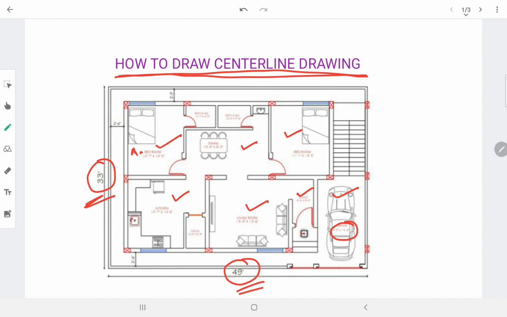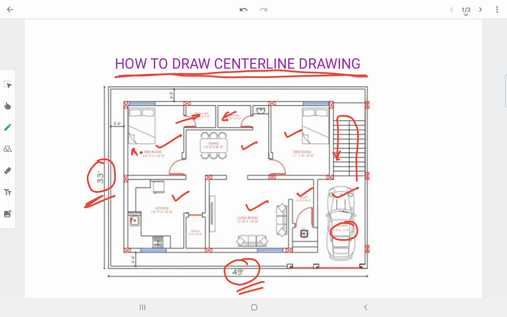Next, one WC, bath and WC. These arrangements we have done. Apart from that, we have provided a staircase also. So these are all the arrangements, or what we call the plan of a residential building.